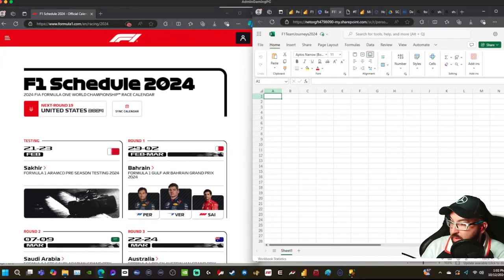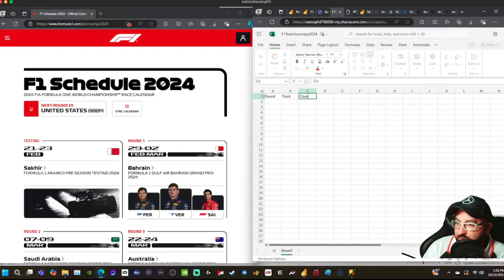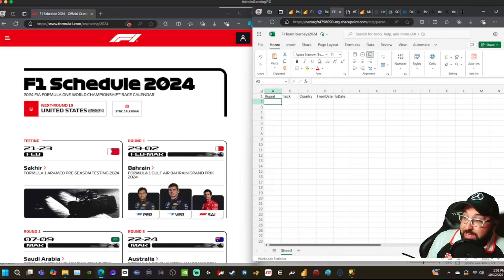Okay, so this is going to be round, this is going to be track, country, and then from date to date. Man, I feel like I'm rebuilding this again, but the reality is I have to. The dates changed completely from last year to this year, so there's really nothing I can do about that. We're just going to have some fun here,